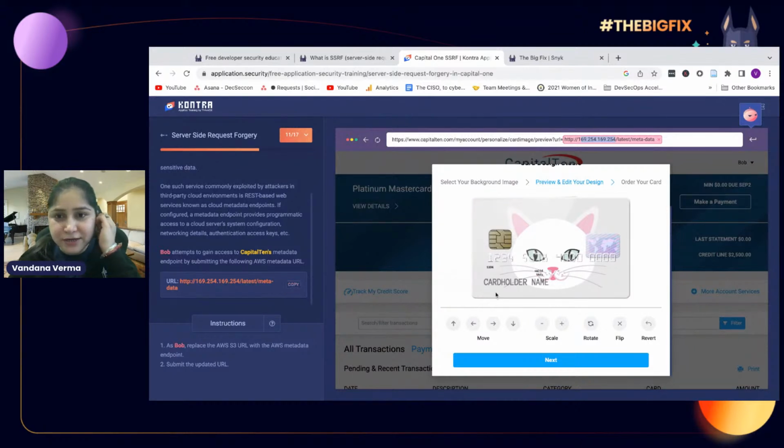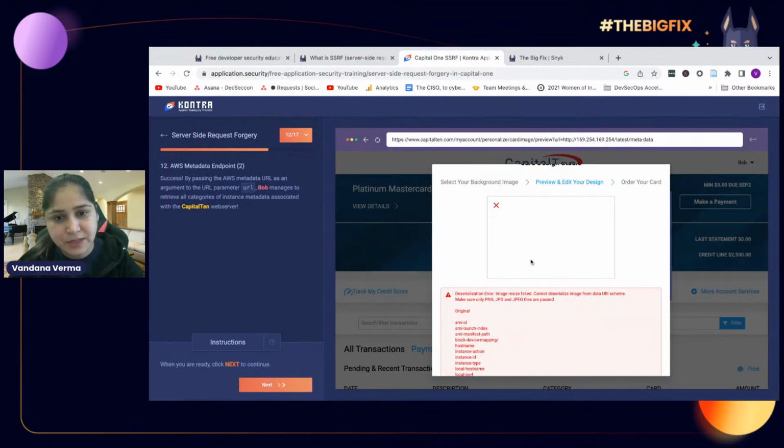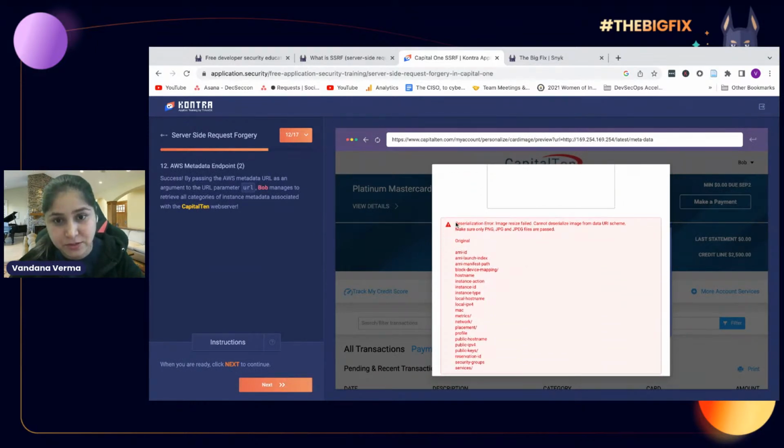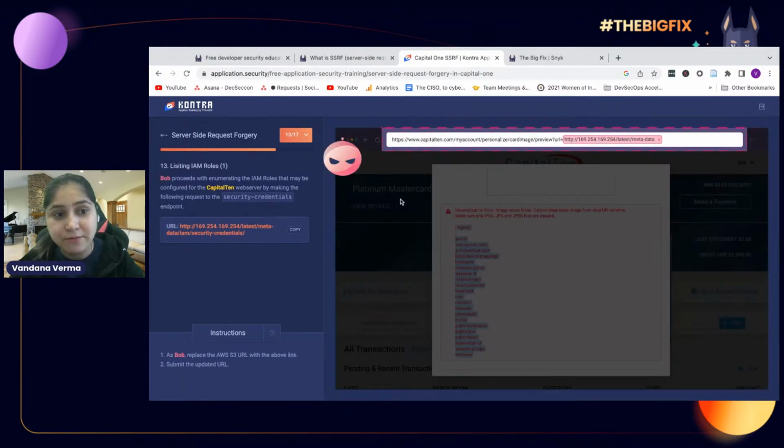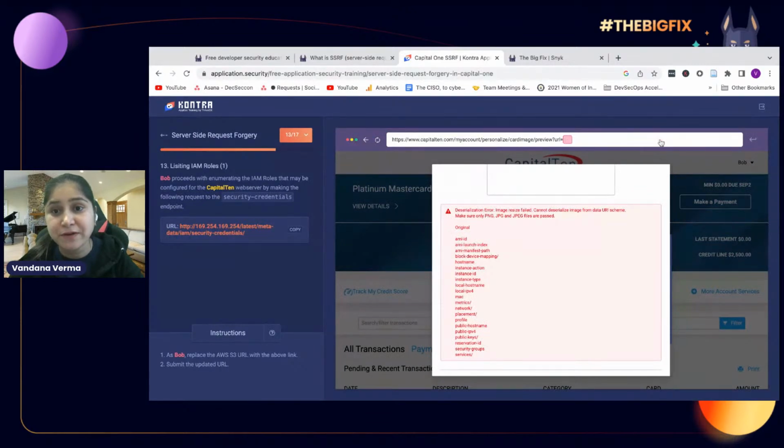Now, when I tried to play around with it, okay, let me enter. It gave me some information. Okay, there's a serialization error, but then I could get some backend information. Am I supposed to get this metadata? No. It gives me the AMI ID, launch index, everything that I want. Now, what I want is more information. I want some information about the credentials. I know how to pivot.